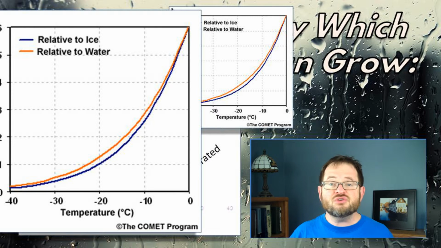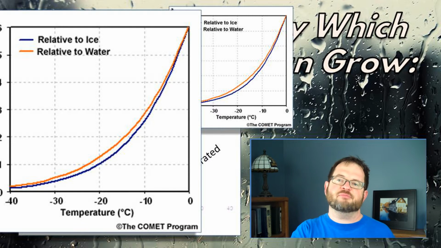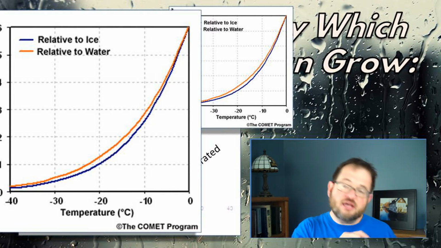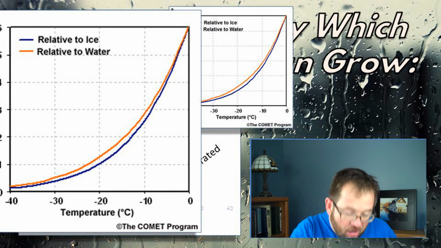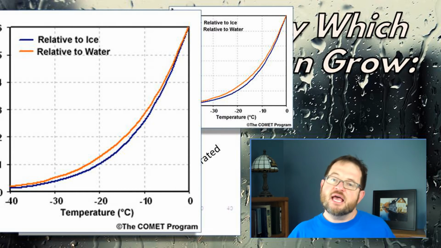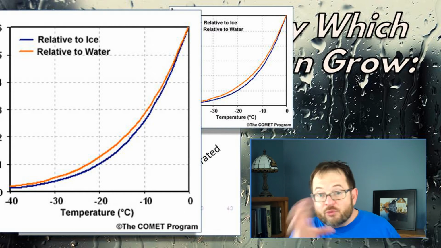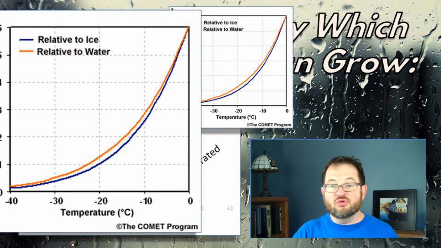But the difference is a huge deal because of the situation of what about air parcels that are between those two curves, where their temperature and vapor pressure happens to be between the curves of the Clausius-Clapeyron equation for liquid water versus the curve for ice. And as it happens, most clouds are in that little gap, which means by the Bergeron process, the air around the ice crystal is supersaturated. It has a relative humidity of a little more than 100%, and water vapor deposits onto the ice crystals,